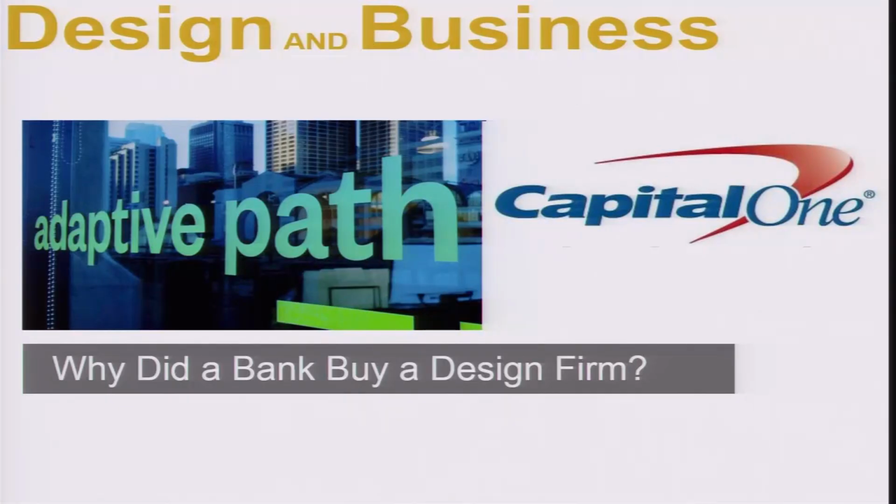An event actually happened in 2014 when a banker in a financial firm, Capital One in the US, bought this design company, Adaptive Path, in the Bay Area. If we look at the basic reason for this acquisition, it was that the bank wanted to get the right kind of user experience design spirit in the services that it would offer to the customer, both digital as well as non-digital, because of which they acquired a whole design firm in order to provide the requisite design support.